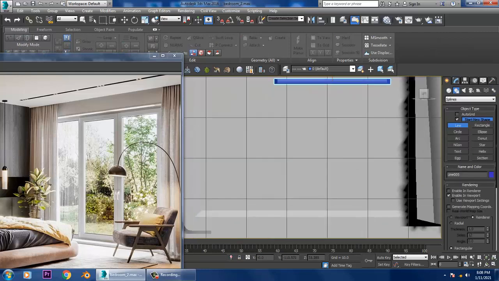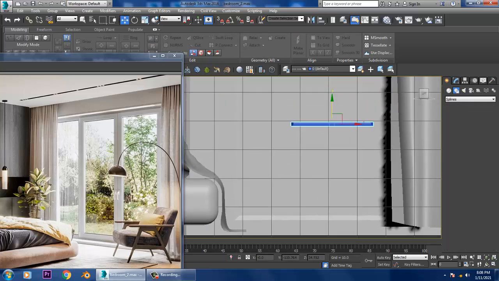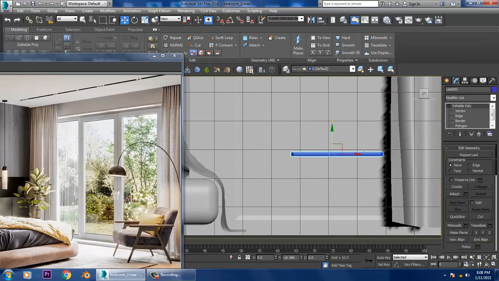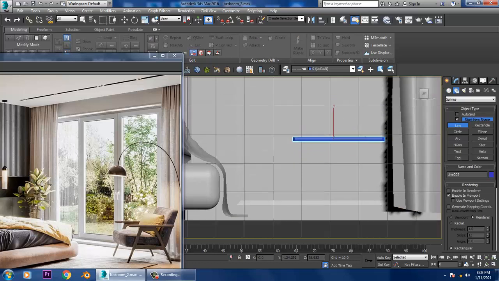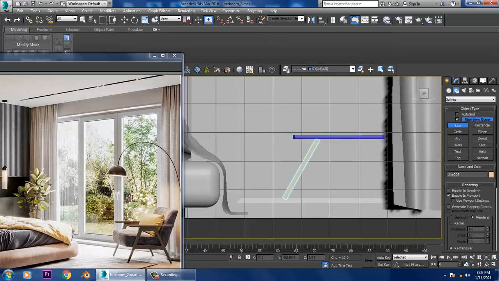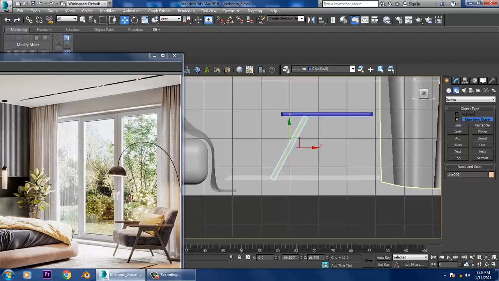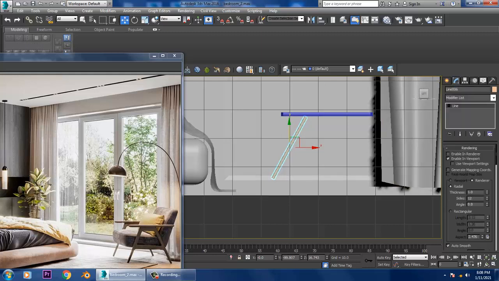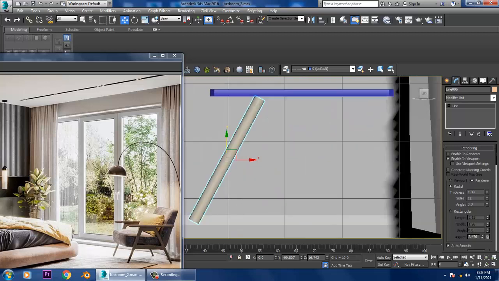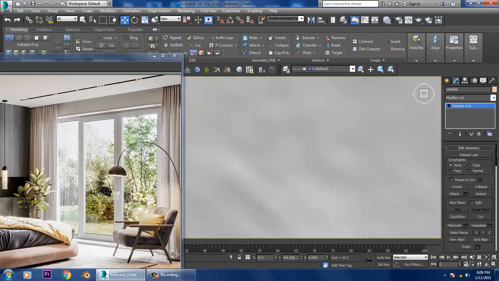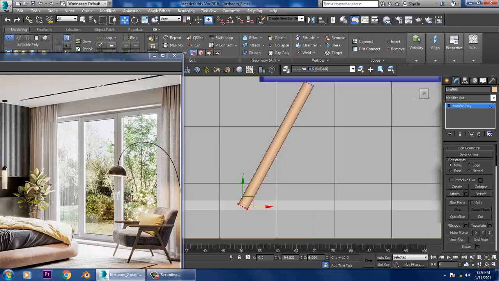Let's take a line tool. So I'll slightly push it down in here. Take a line tool over here. So let's just take a line tool in this way, and into that I can make it as a radial. I can increase its size over here and convert to poly. Select the vertices and I'll slightly scale it.